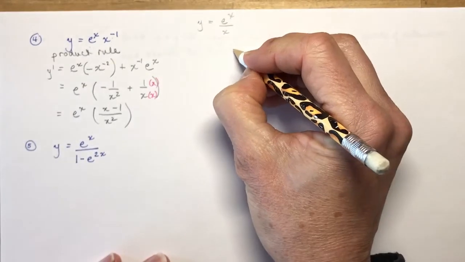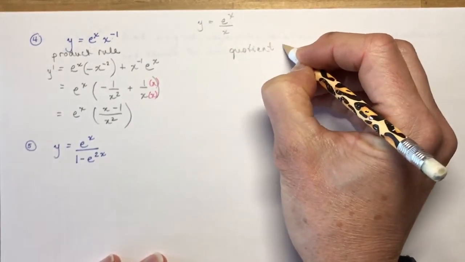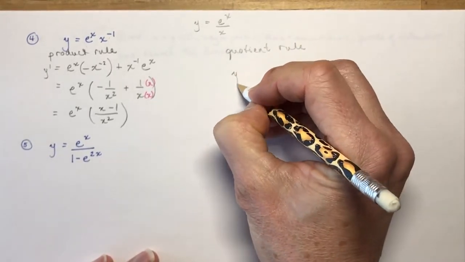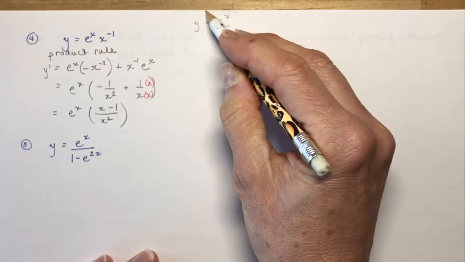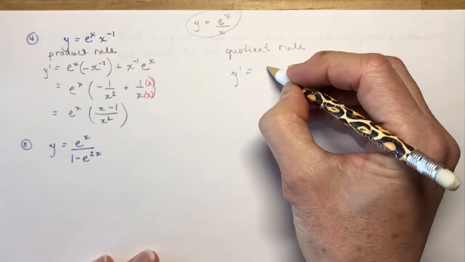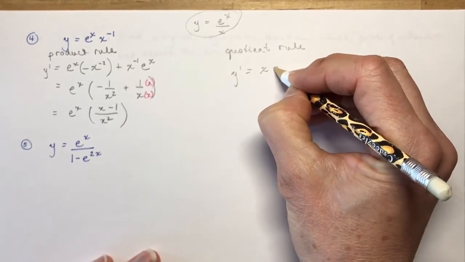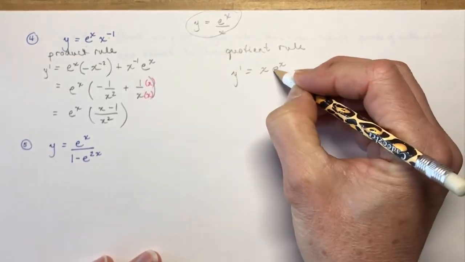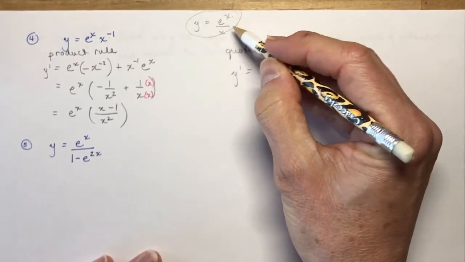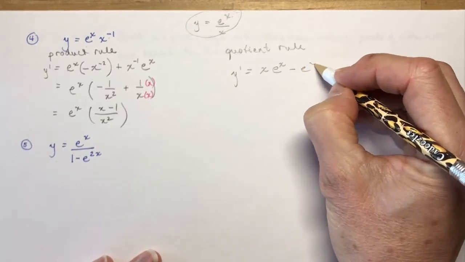Okay, so let's look at using the quotient rule for the same question. So the quotient rule, and I'm using this right from here. So I'm bringing y prime, so I'm doing the ho d high rule. Love it, right? So I do ho, d high. Derivative of the top is e to the x minus high e to the x derivative. So high d ho is going to be e to the x times 1